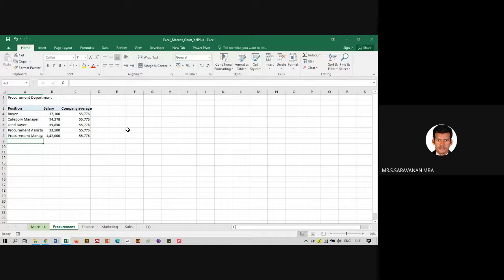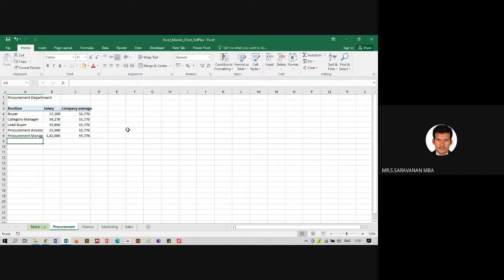A macro is normally used for creating repeated work. So if data is coming in daily, and you want to sort the data and create a graph, this macro will be very useful.